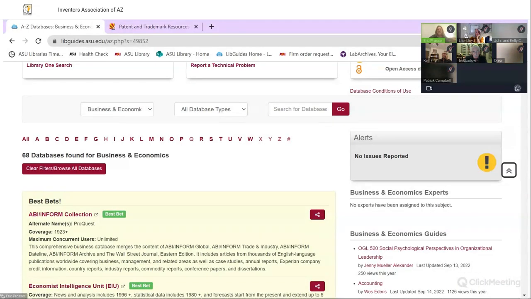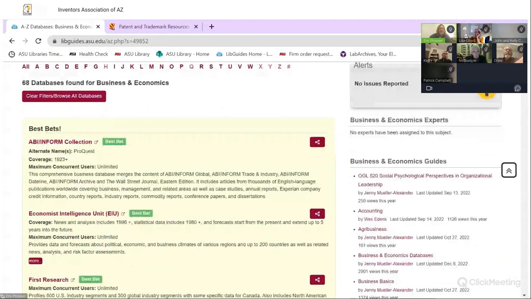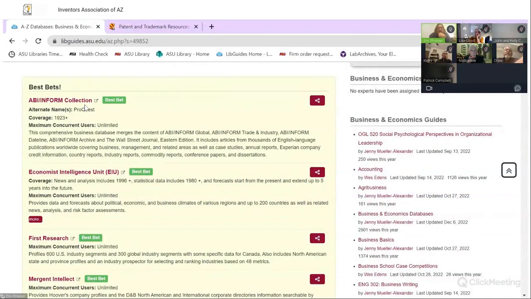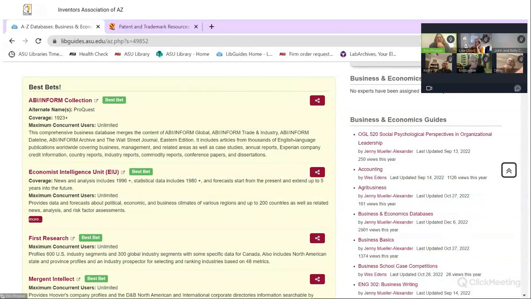This is where we're going to find a lot of the things that have the interesting things we're talking about. The top one here, which is called ABI Inform, this is where you would probably want to go if you're looking for a journal article, kind of an academic look at a business. It does, as you notice here, have some annual reports in there and industry reports. However, this is really not the primary database you're going to want to use for that. We're going to go a little deeper here. So let's look at a few.